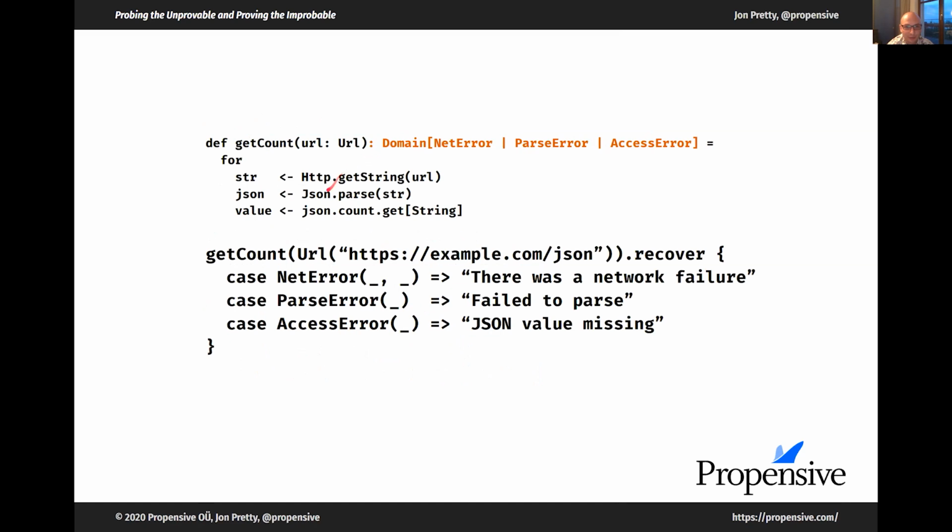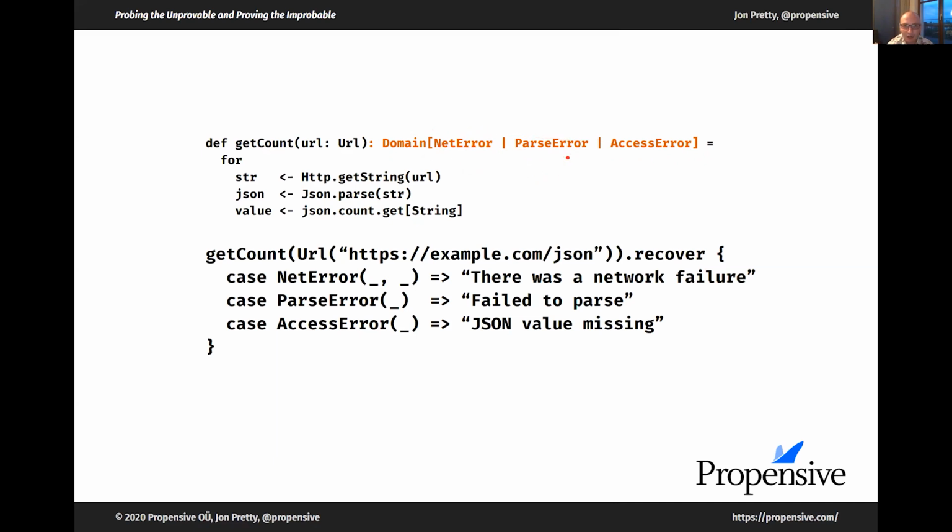So this is from the previous slide at the top here, but now I have the inferred type included in here. Net error, of course, comes from HTTP, parse error and access error from the next two lines, and they get combined in this way. This would not be possible in Scala 2 because we couldn't represent this type for a start.